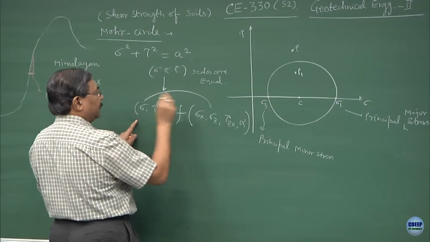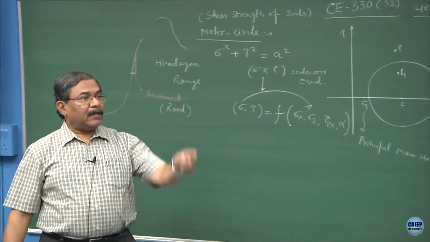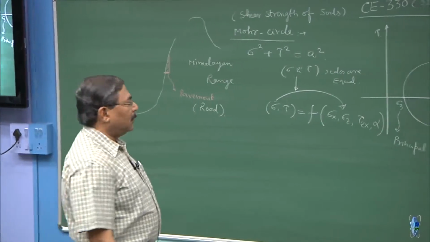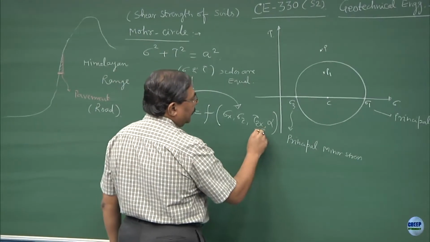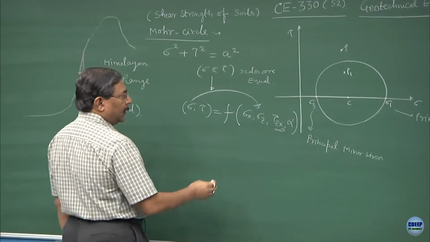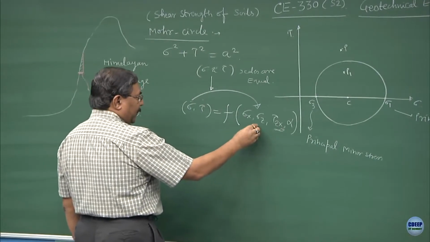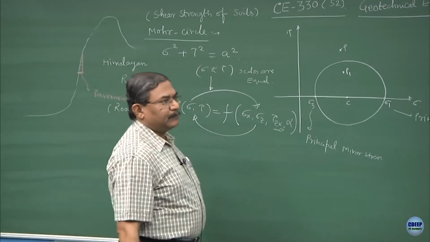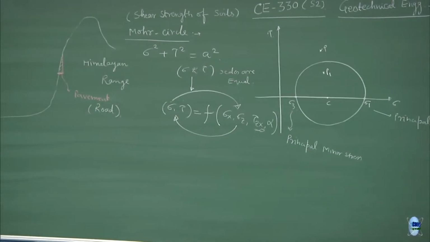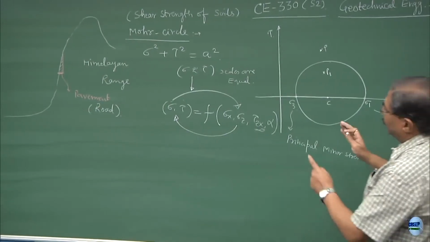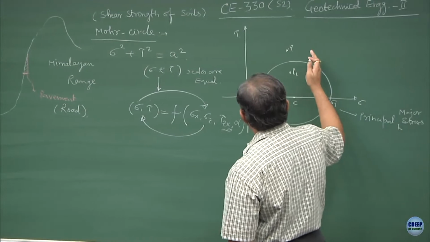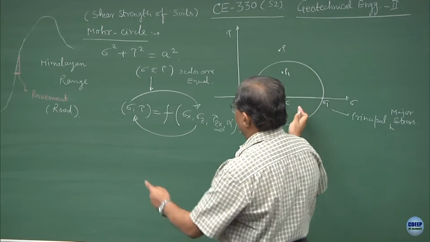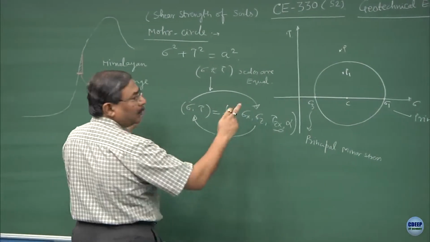This is also a situation, and that is where this Tamogno, he was talking about tau zx thing comes in handy, or the forward situation would be if I know this and I would like to compute sigma and tau, both ways possible. So, in all these situations what we have to do is we have to first draw the Mohr circle which represents a state of stress, and once this has been done I can analyze the way I want to analyze it,